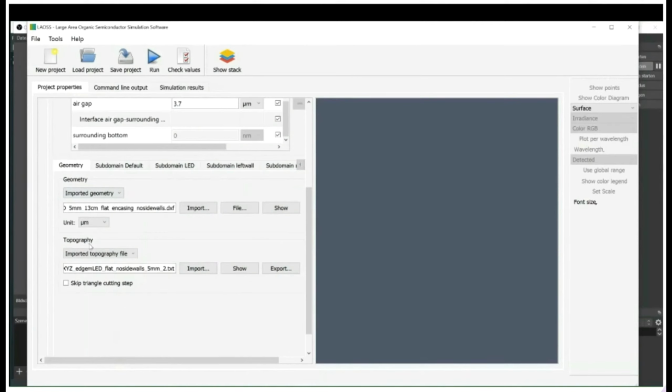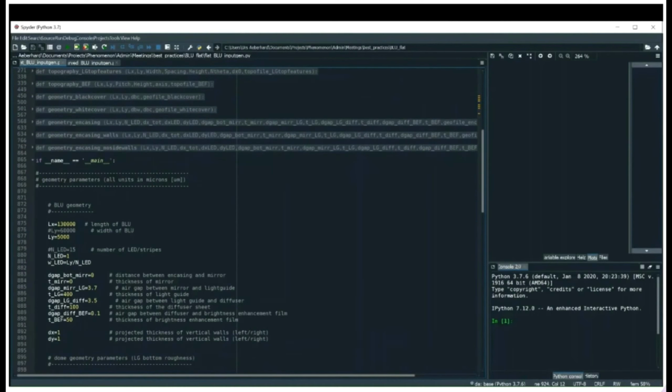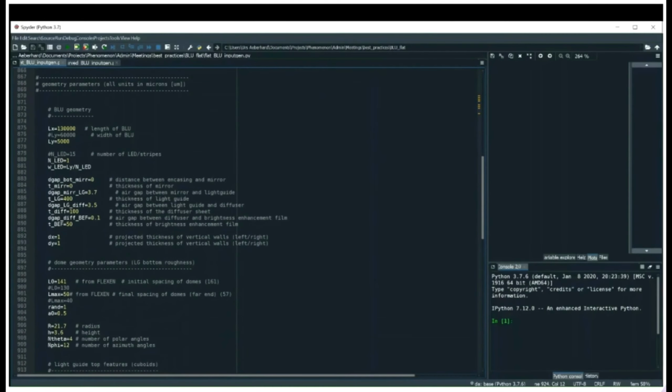Before proceeding with this, I briefly show how I generate this input for the flex-enabled backlight unit using a Python script. The script contains routines for the generation of the topography files of the encasing, bottom roughness features, spacer topography, and the brightness enhancement prism films, as well as geometry files for the encasing interface and different cover elements to conceal the LED hotspot. It defines the geometries of all the elements with a consistent set of parameters shared by the input generation routines. For instance,